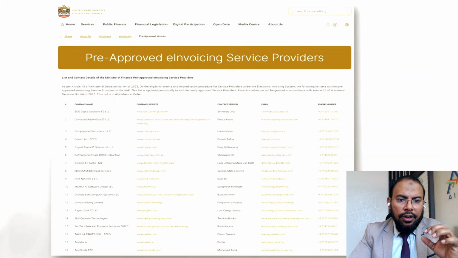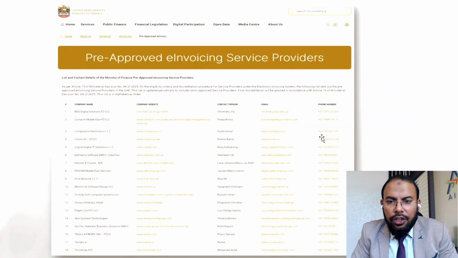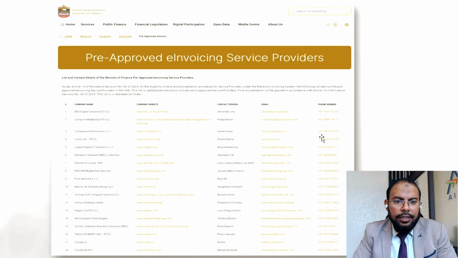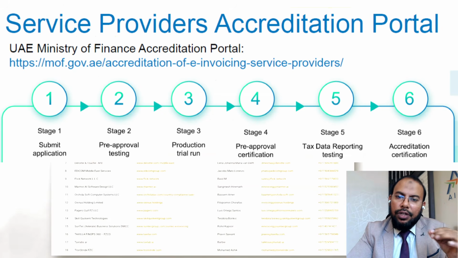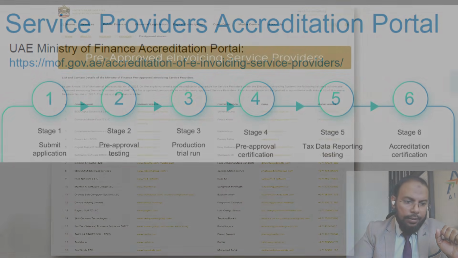And further, we can discuss the pre-approved e-invoice service providers. As the list you can see here, 1 to 18 is published by the Ministry of Finance of UAE. I hope you can check it through the website of the Ministry of Finance of UAE. You can check this list, and accordingly you can select. These are pre-approved, but it will take some time for approval from the UAE authority. Then that provider can be ready for receiving data on the Peppol network and sending data from the Peppol network. I hope it is clear.